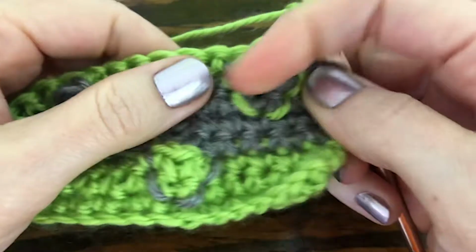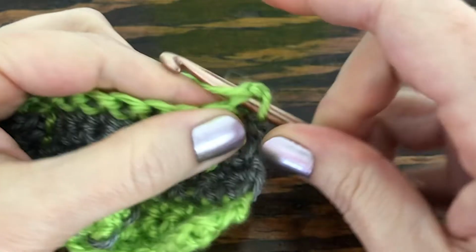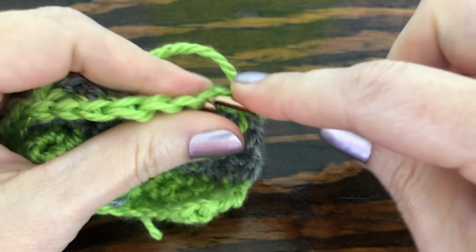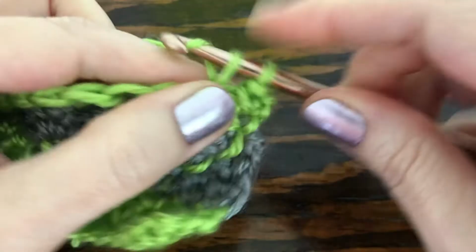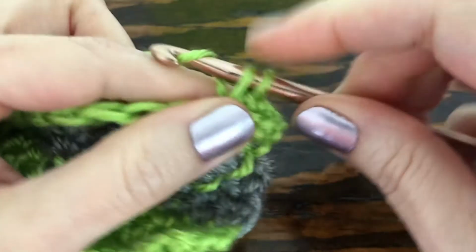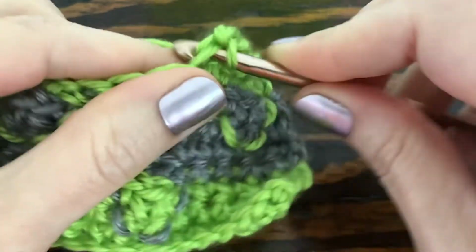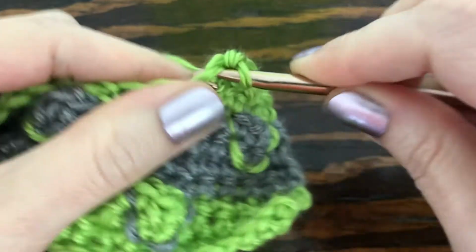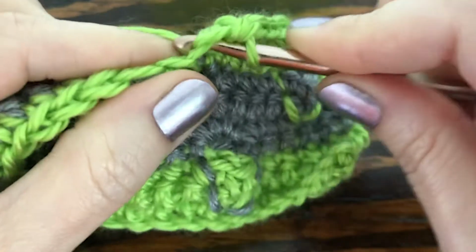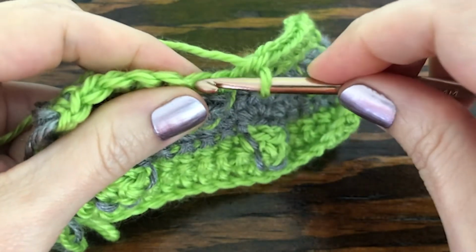And now we're back to doing single crochets, and remember we want the same amount, which is 17. So we're going to single crochet into that first one. We'll skip the chain that's holding our feather together, go to the next one and make 3. So here's number 2, 3, 4, then we're back to normal. 5, 6, 7, 8, 9, skip the loop that's holding your feather together and make 3 in the next one,